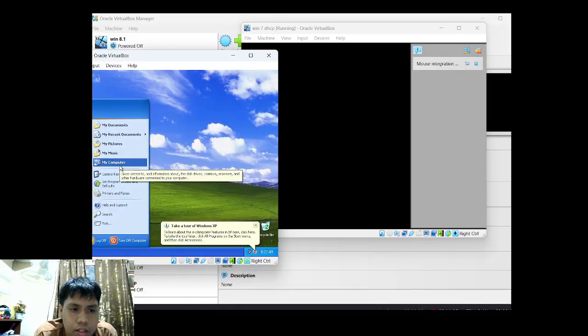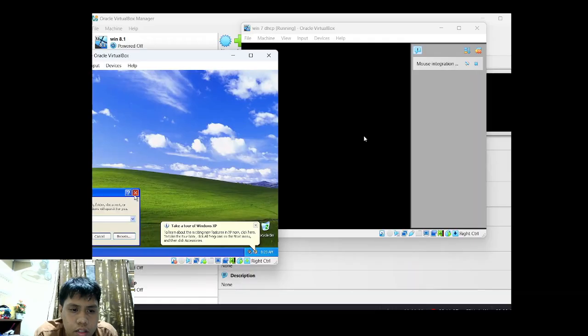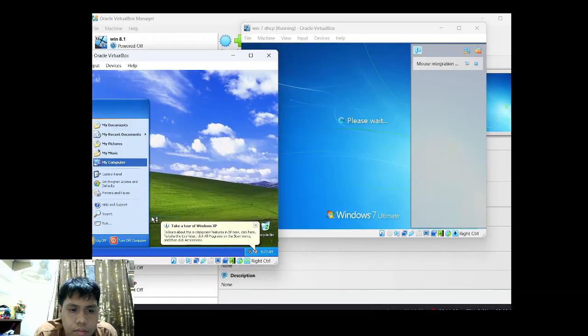My computer, command prompt, my properties.